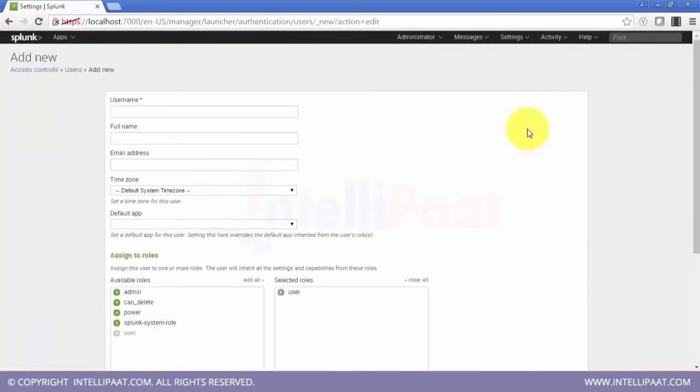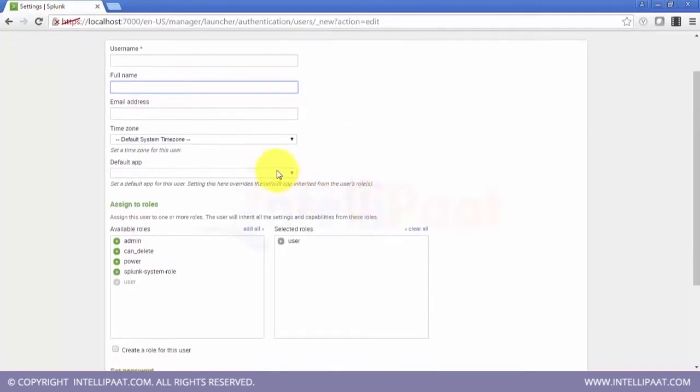How the access is given is, you add a username in line with the requester ID or requester name. You give the full name, the email ID is a generic thing, and the time zone, obviously, which time zone you want the user to be in, because whatever searches the user does will fall into that time zone. Obviously the user can go ahead and change the time zone as and when required, but this is the default one that you will set up.